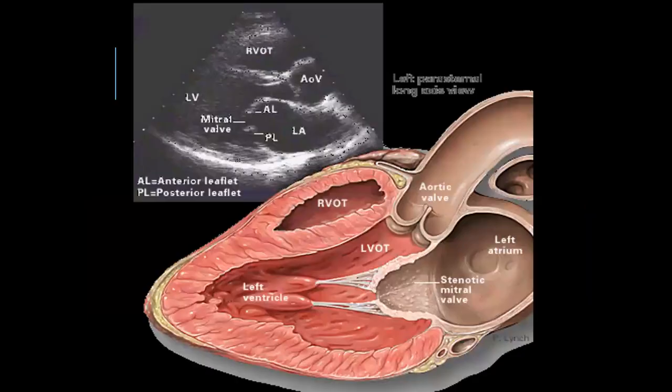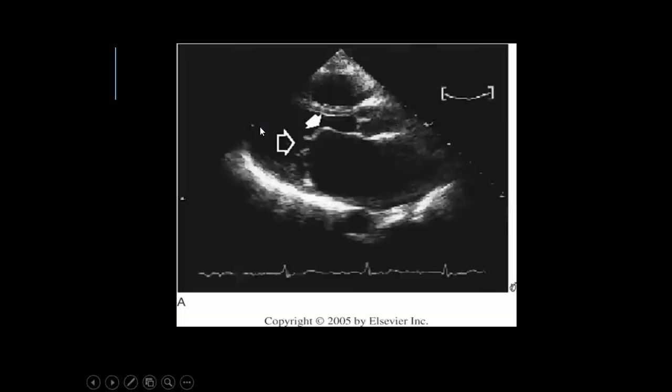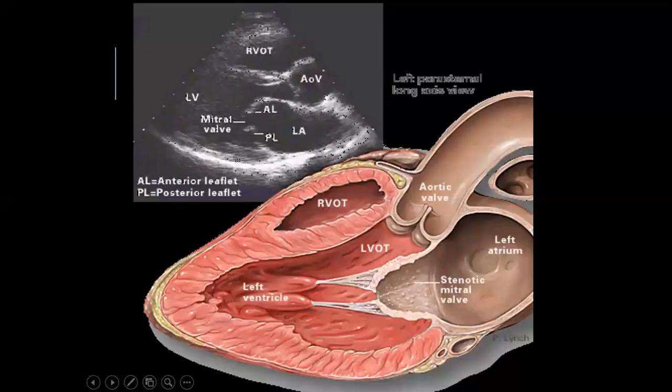So this is the echocardiography. As we told you, echocardiography will establish the severity of the disease, and on echocardiography you can have a different